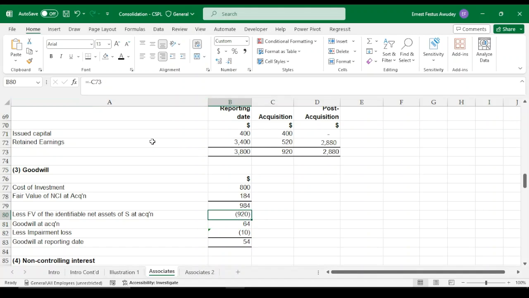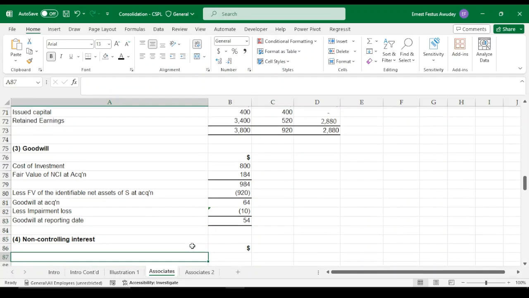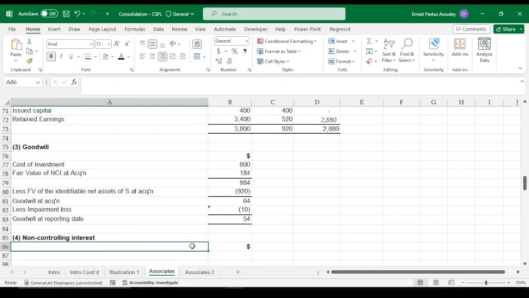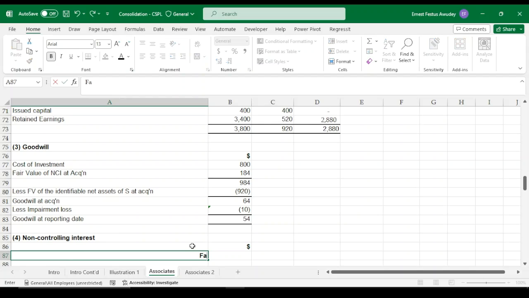To make the presentation a lot clearer. So that is what we have there. Now we have the fourth working, which is the non-controlling interest. So the non-controlling interest, we start off with